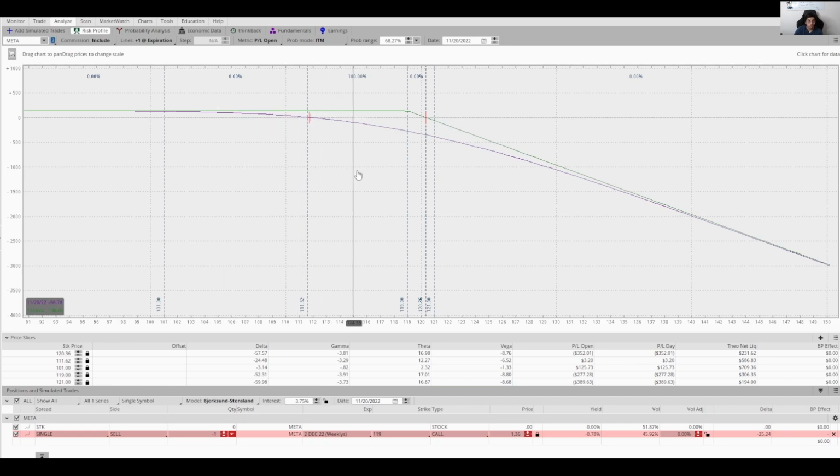If you look as the time's going, you can see these numbers on the purple line start to change, right? It starts to go negative and then positive. So something very important to understand here. Remember that because you're selling a call, if the price goes down, you're going to be losing money as of today, but that's something temporary. Now, why are you losing money? Well, that's because remember that there's still extrinsic value left.